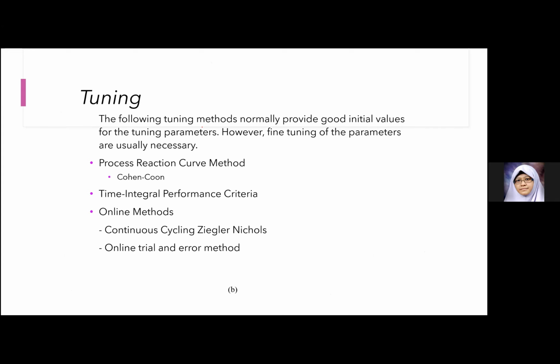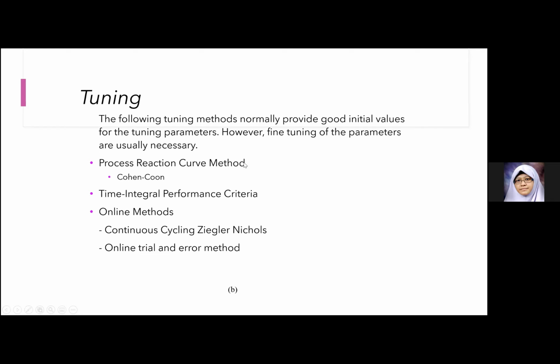Fairly straightforward. Just the two steps. Check for the coefficients of the polynomial first. If you have dead time, make sure you change it before that. And then if it passes the first test, then you go to the second test. So the second test is the